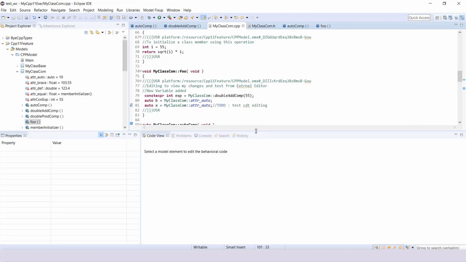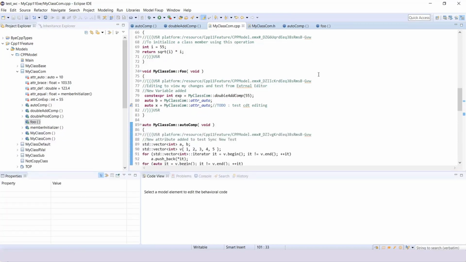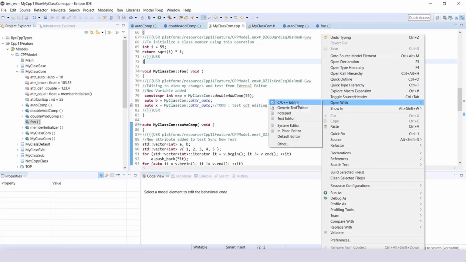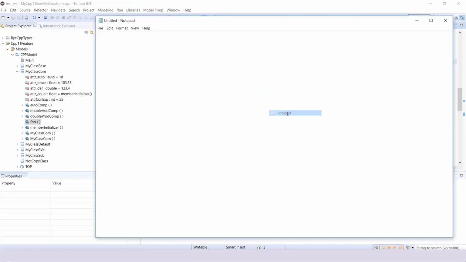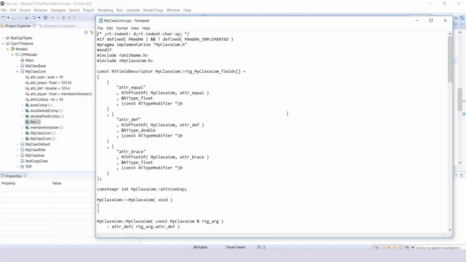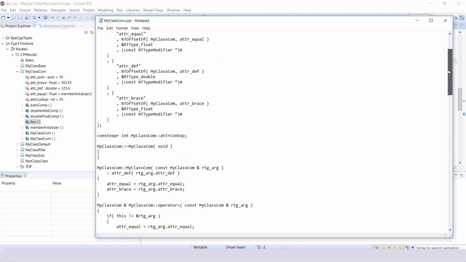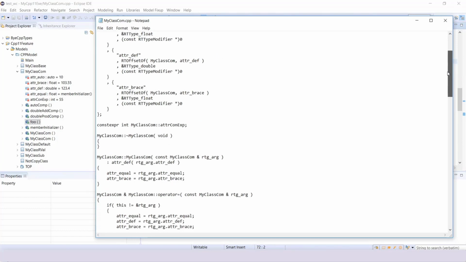If you want to work on an external editor, in the CDT editor you can right click and do open with. Once I do this open with, for example, I use Notepad. The code opens in myclasscom.cpp, which is in Notepad. For example, you want to make some changes in this external editor.